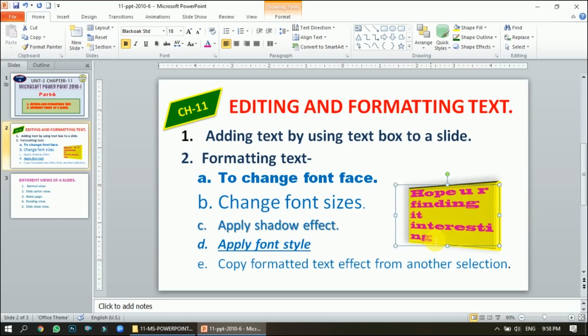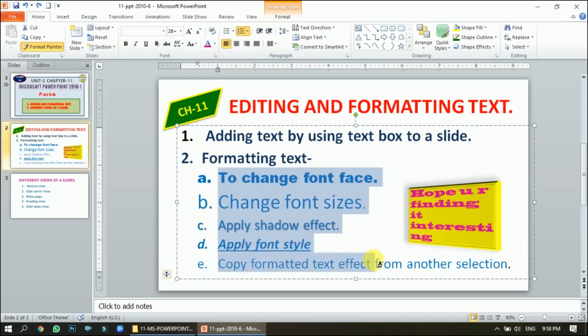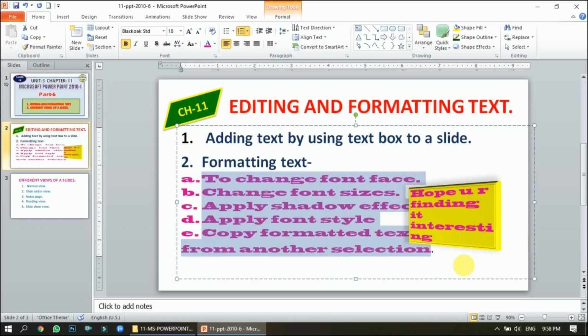So I'll select the text from where I want to copy the formatting, and come in the Home tab. Here in the Clipboard you get to see Format Painter. Click on the Format Painter, and your mouse pointer will change into a brush. Now move your brush on the text to which you want to apply the effect. So this is how we can copy the formatting, right?